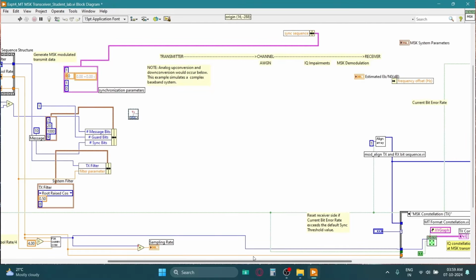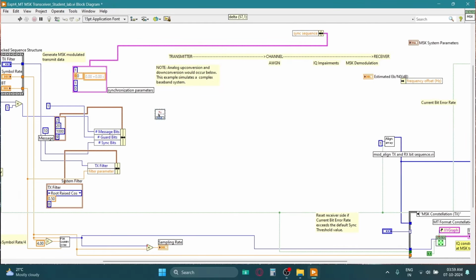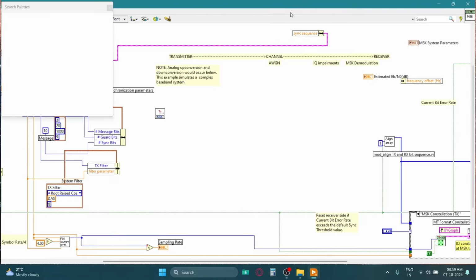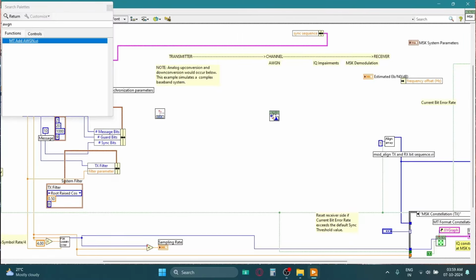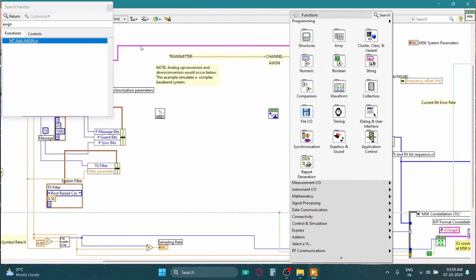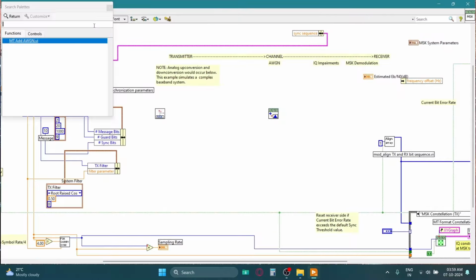Begin we shall. Okay, now you will put AWGN there, IQ balance,